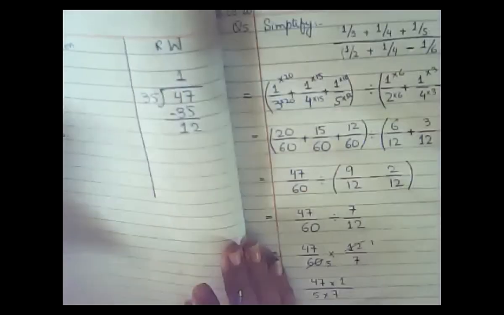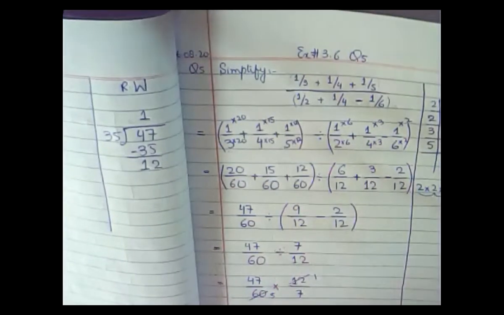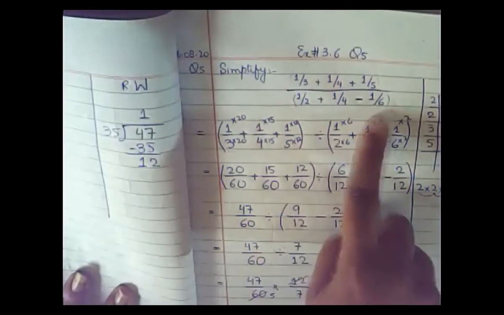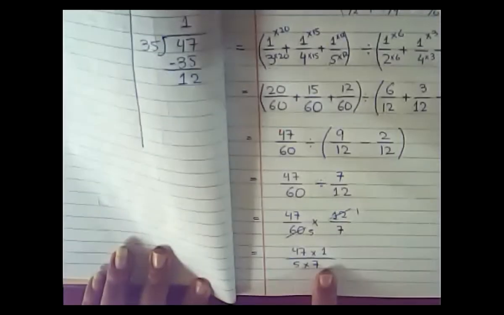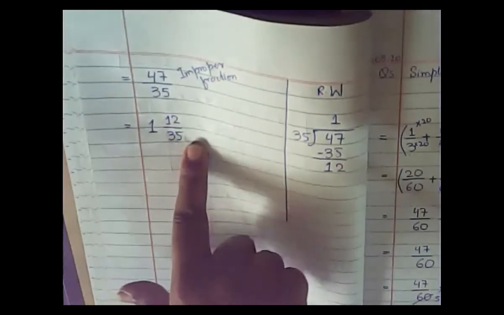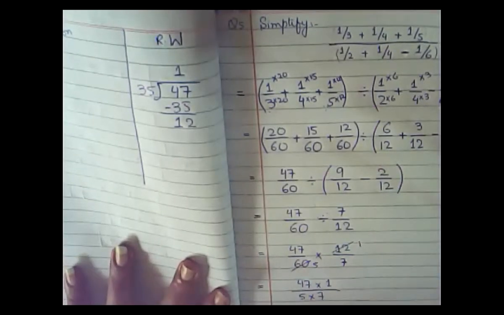So this is the way to solve the complex fraction. Okay, this is the way to solve any complex fraction. Means first you will solve the numerators and denominators separately, and then simply divide your answers just like this. Okay, and then your answer will be 1 whole 12 upon 35. Okay, is that clear? So this is the end of the lecture. Now I'm going to ask some questions from you.